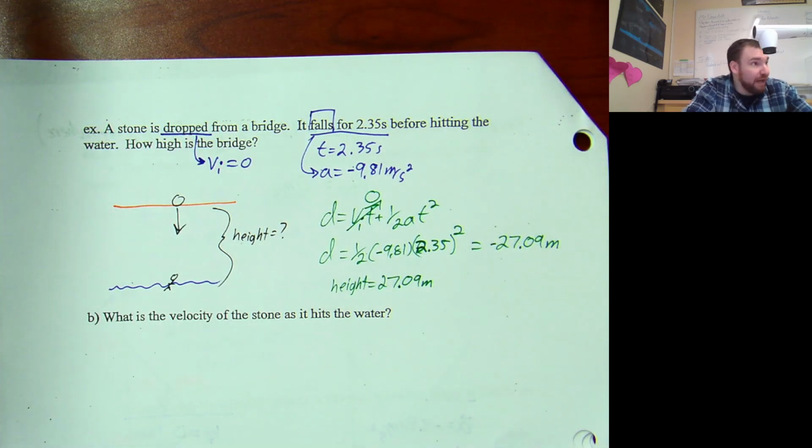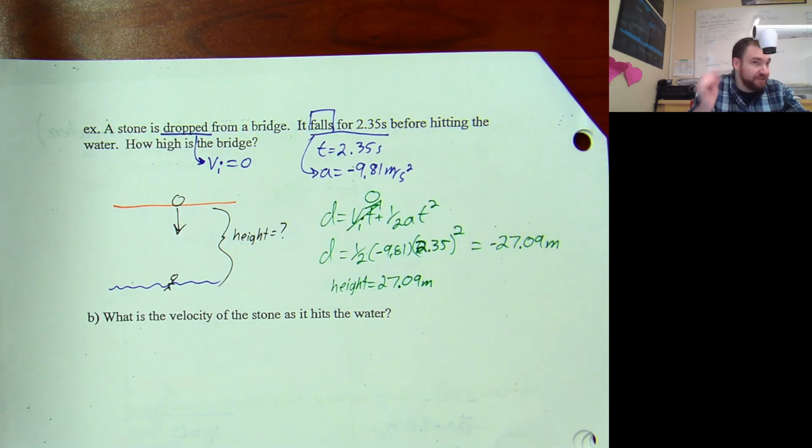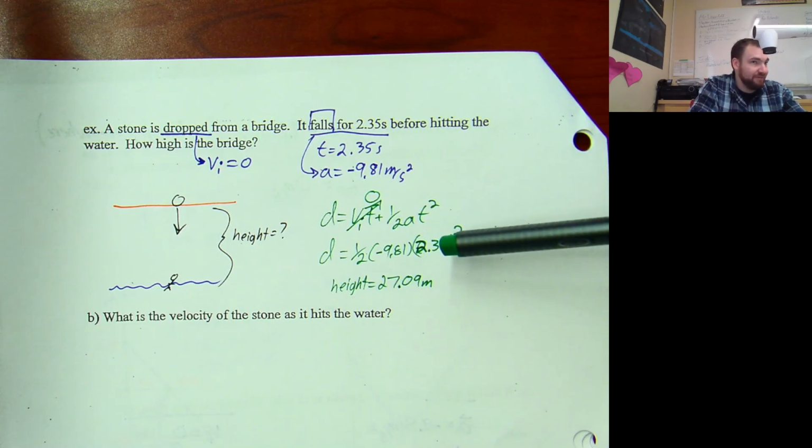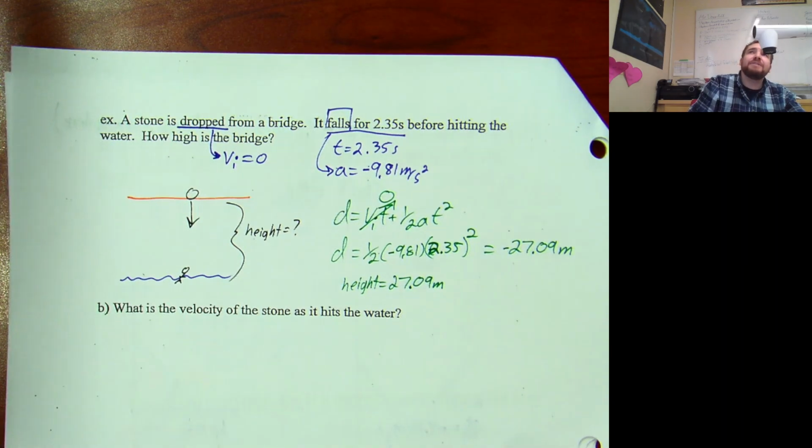So if you ever want to figure out how tall something is and you don't actually have any device, like a ruler or whatever, to measure that would be sufficient length, you just need an object to push off and a stopwatch. And you can very easily figure out how tall something is. This is one of the first labs that we do in first year physics at U of V and a couple of universities that have a sufficient height. We go up to the top of the clock tower, we drop marbles, figure out how tall that clock tower is. All you need is something to throw or drop and something to